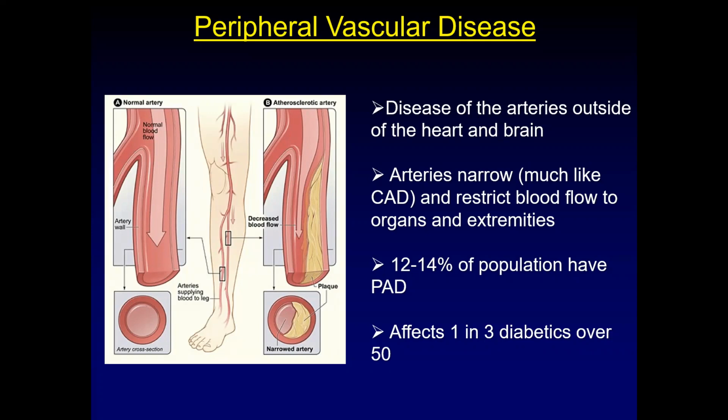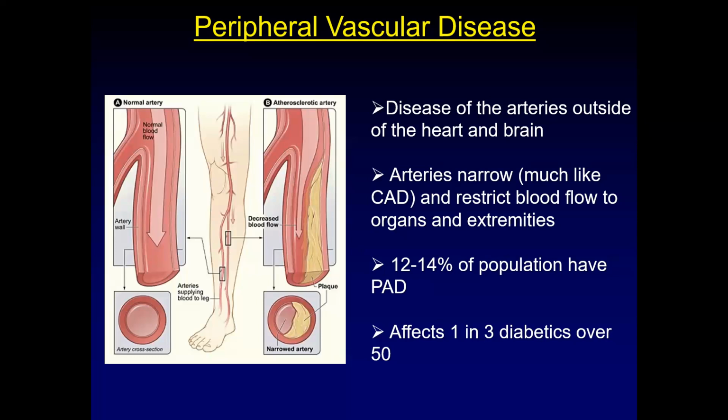The place where this is really prevalent, it only affects maybe 10 to 15% of the total population, but it affects 1 in 3 diabetics. You'll see when we talk about diabetes next week, if you're diabetic, especially a type 2 diabetic, you're going to have high blood pressure. You're at a really high increased risk of peripheral arterial disease. You're probably going to have coronary artery disease. You're at a marked increase of having a stroke. The cluster of symptoms of all of those things is really not going to be great.